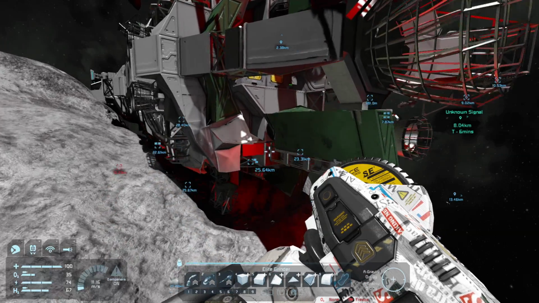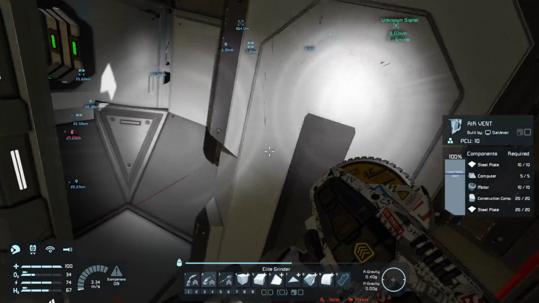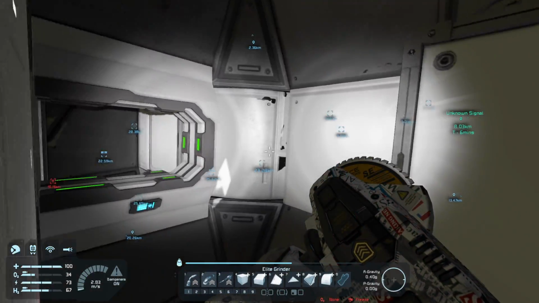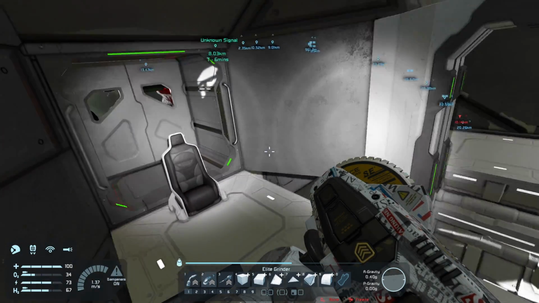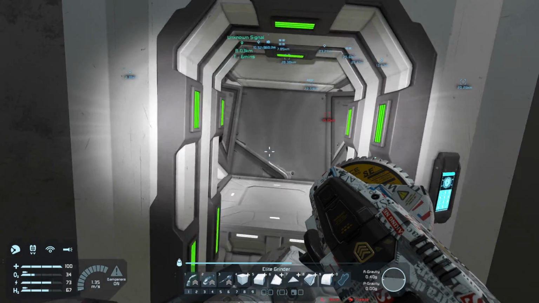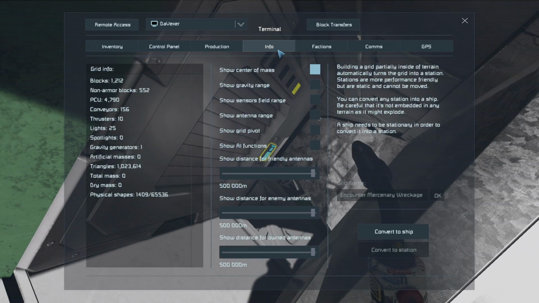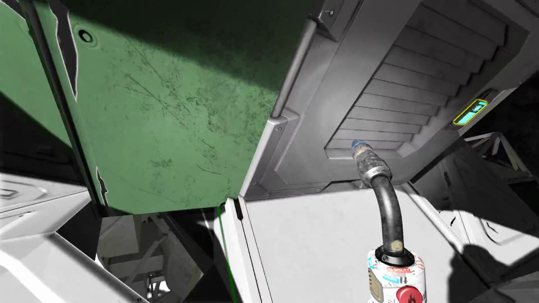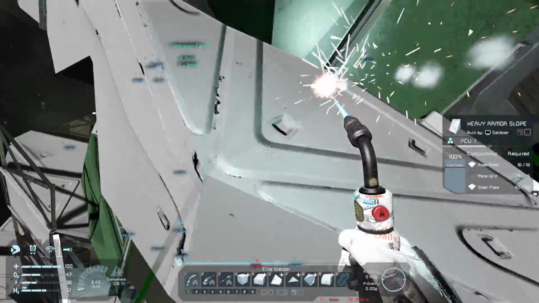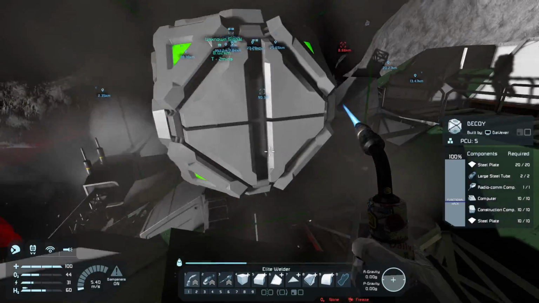All right, so this is not the same one, because if it was the same one, we would have had a hole here, and we would have had a seat and everything right over here. It's right here. It is the same one. It technically is the first ship we found. What is this thing called? The mercenary wreckage. Yeah, we're gonna have to find a way to bring this thing back without it getting shot down. Have it marked,